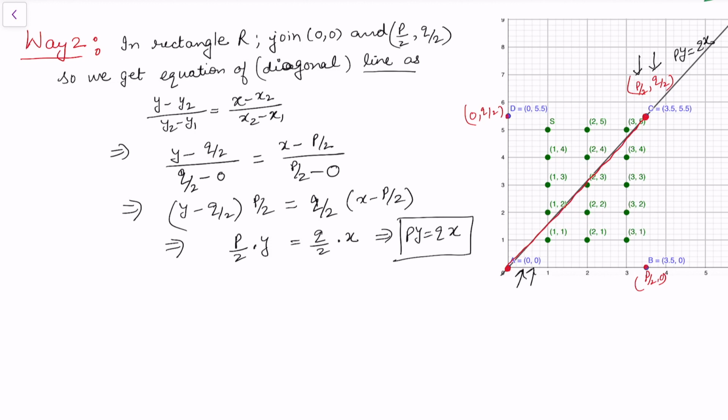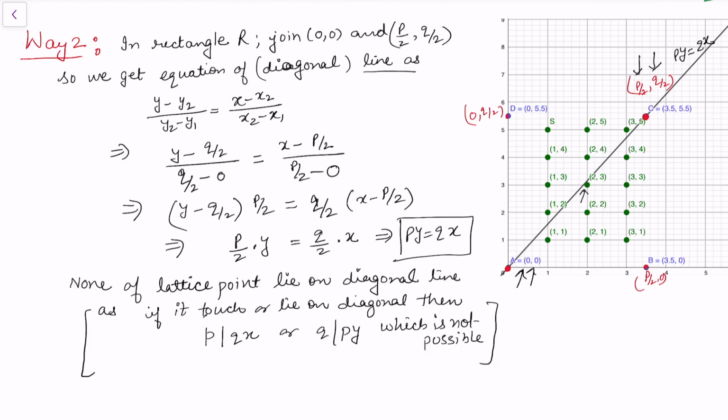Now I want to divide the region with this diagonal line. I want to ensure that there is no point that lies on the diagonal. You might notice that there is a point that looks like it's appearing on the diagonal, but it's not. It's near the diagonal, but it's not touching the diagonal. As we can see here, this is not touching the diagonal.